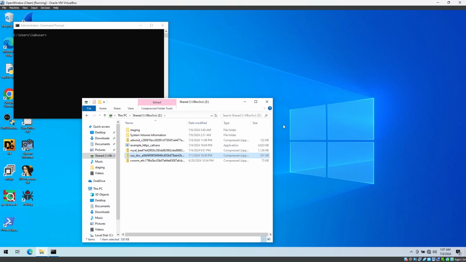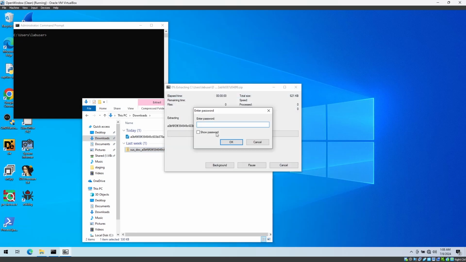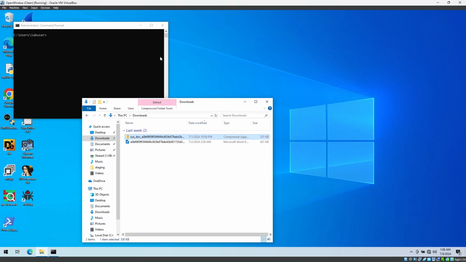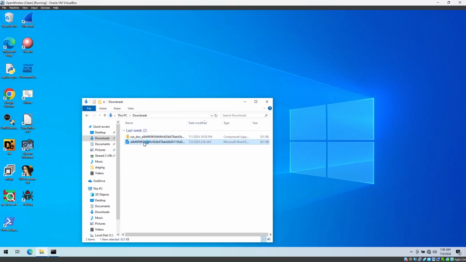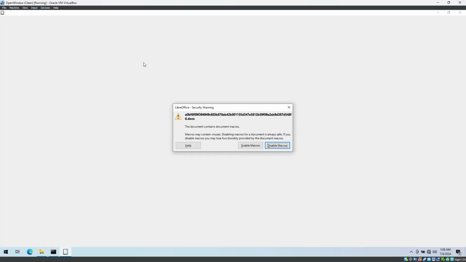So for our next trip, let's look at this suspicious document, because if you remember in the last part, we downloaded LibreOffice and I had mentioned that LibreOffice does have support for macros. So if we open this, again, I know what this one is, so I'm not going to actually turn off my shared folder this time, but last time we did that just as a simulation. Before we open this,